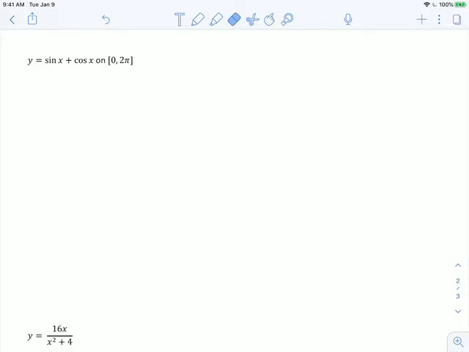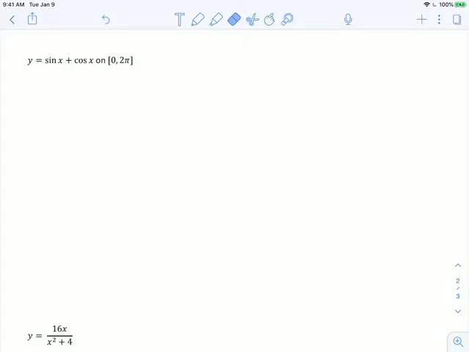Hello and welcome back to our continuation of section 4.3 from our calculus text. We're continuing to look at finding critical points, classifying intervals of increasing and decreasing, and identifying local max and local min values using the first derivative